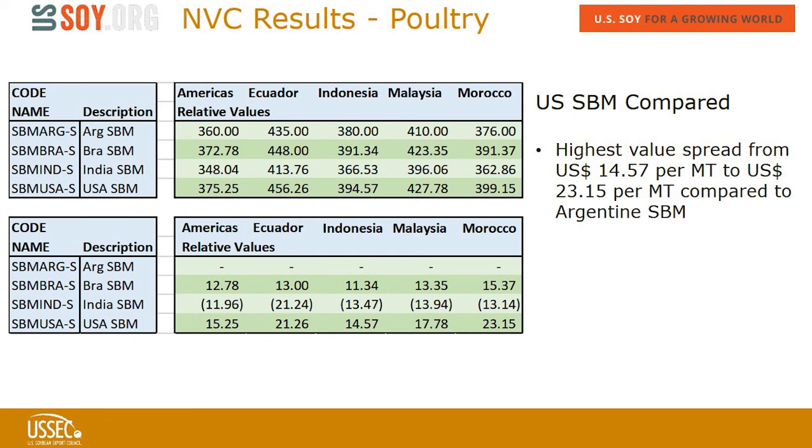So as we look across this, we can see that the US in these different markets around the world, under different conditions of tariffs, transport, and availability of different ingredients, US soybean meal has still got a nice healthy economic advantage on its full nutrient profile of between, on this data, $14.57 per ton up to $23.15 per ton. So with that concluding remark on the value, I thank you very much for your kind attention,